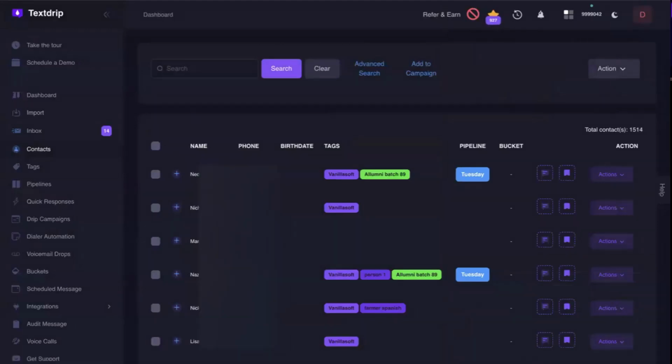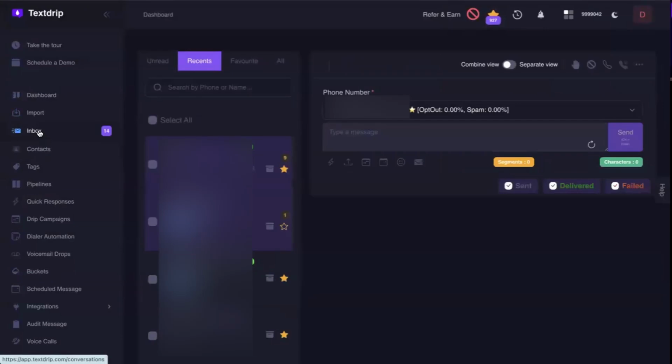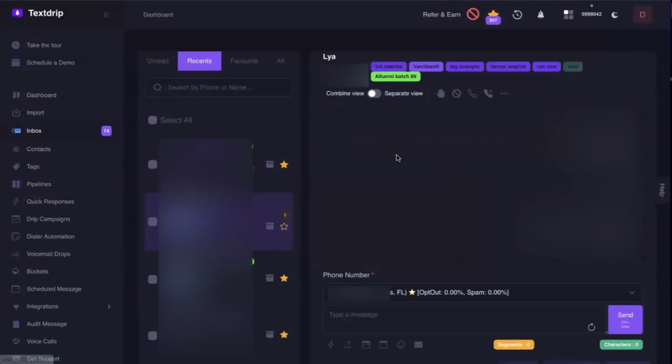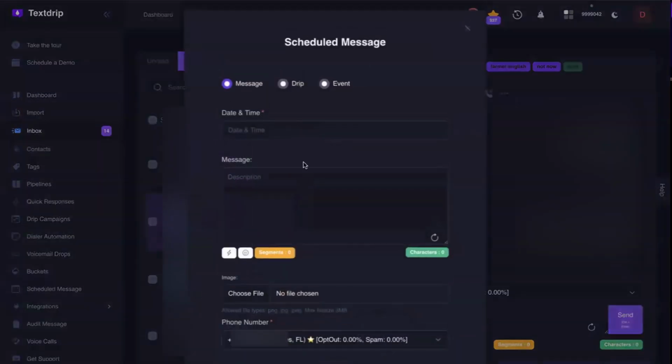Another way you can add your customers to an event campaign is directly through our inbox. So let's go over to the inbox. Once you're in the inbox, find the customer you want to add the event campaign to. Let's use Leah here. You're going to go to the bottom, and once again, click on that add to schedule icon. And then you're going to do those same exact steps all over again to apply the